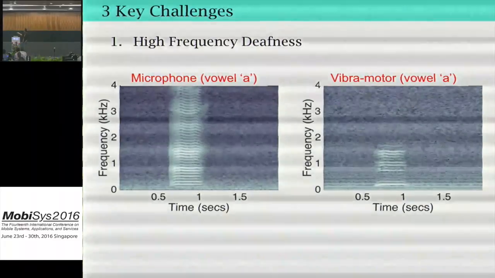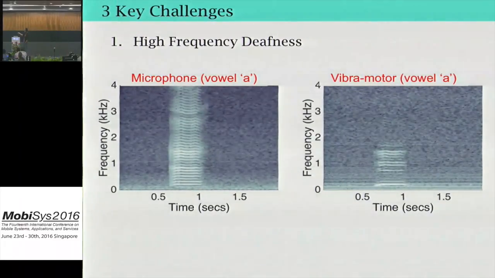So if this is the actual vowel A recorded by the microphone, this is what the vibration motor records, where many of the stuff in the higher frequencies just don't show up. For noise, there's not enough response, not enough sensitivity of the motor, and so forth. So that's a big challenge, because this part of the spectrum would still contribute in forming the human speech and